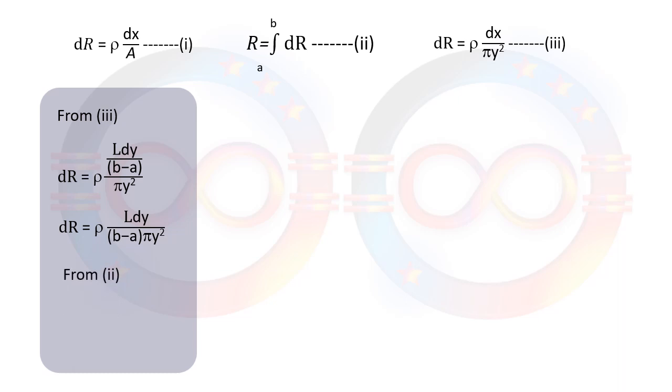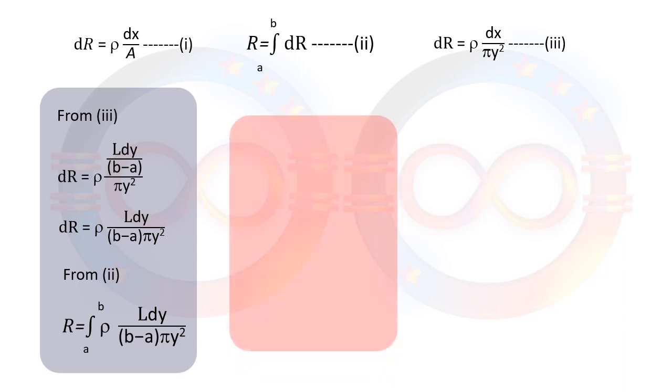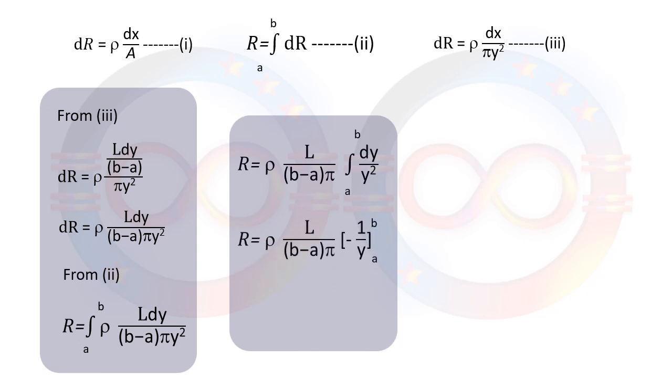Now from equation second, this particular term has to be integrated from a to b. So now dR we are going to integrate, it is R, and the RHS part we are going to integrate from a to b, where all parts which are constant would be taken out. It is rho l upon (b minus a) into pi. So we have to integrate basically 1 by y square with respect to y. We know that integration is minus 1 by y,